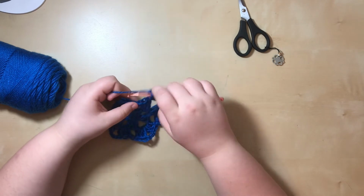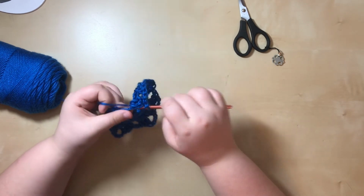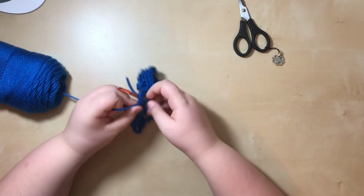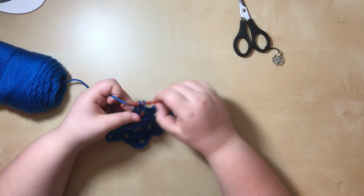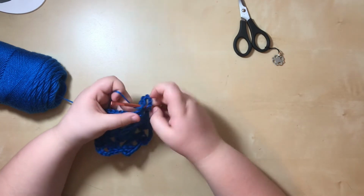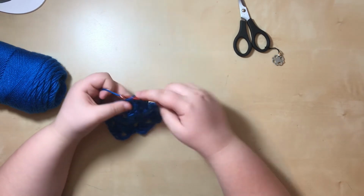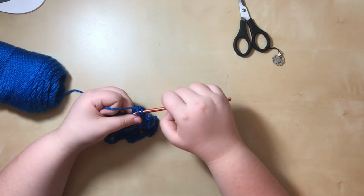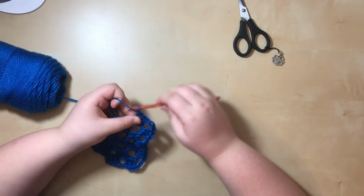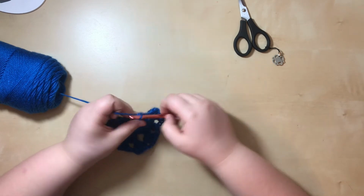So chain 1 into the next hole, 3 double crochets, chain 1 into the next corner, and then 3 double crochets, chain 3 into the same hole, 3 more double crochets, then you can fix the spacing a little bit so it looks like a corner. Then chain 1 into the next one, three double crochets,